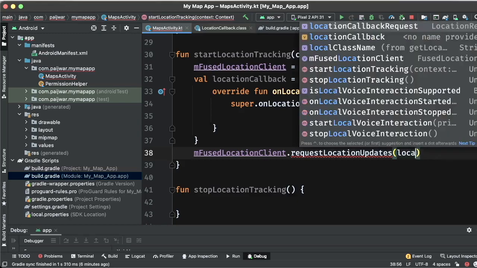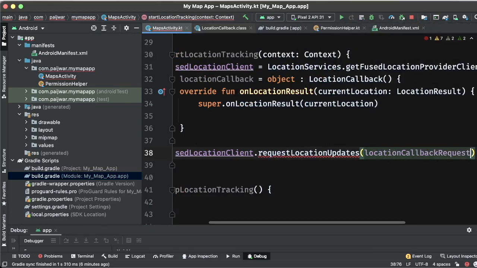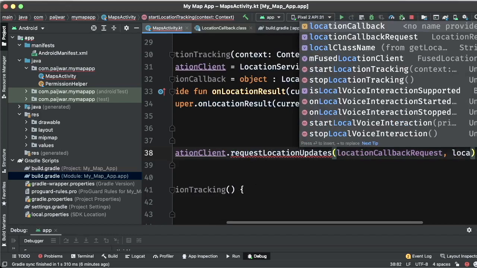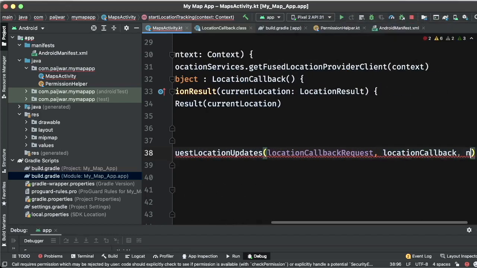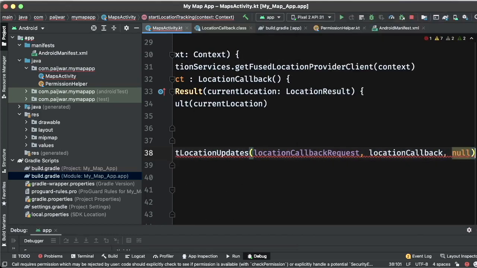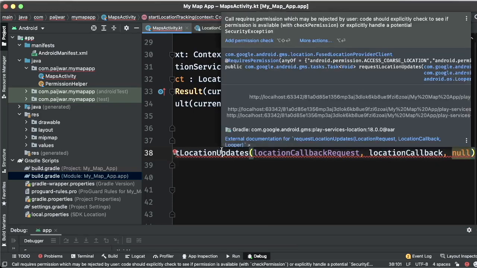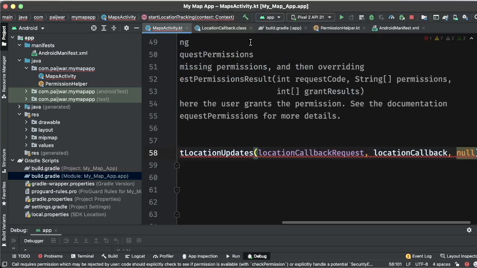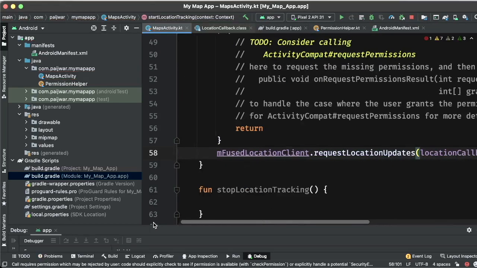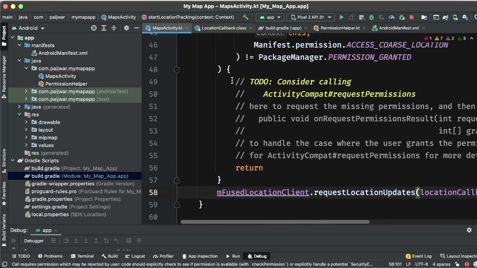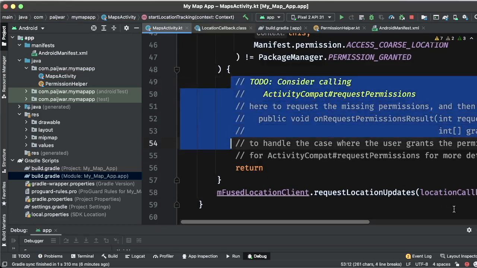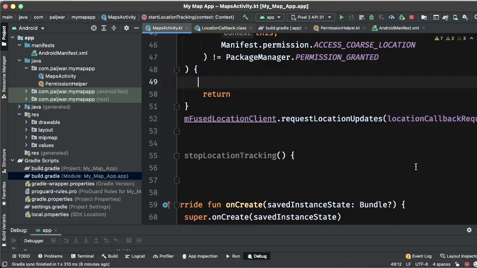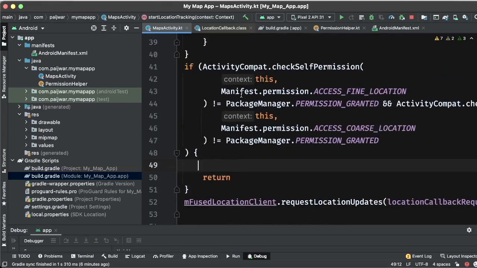So request, location callback, and the third one is the looper. I do not use any looper right now. And it says add permission check, so I'll be adding a permission check here. This is to handle if we don't have a permission.